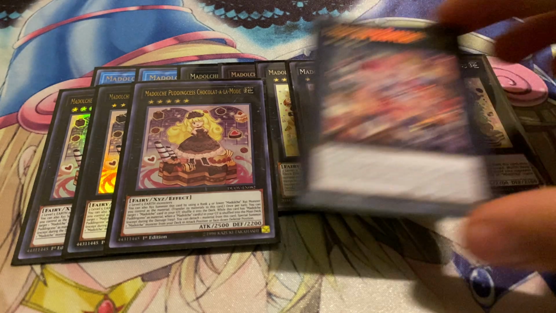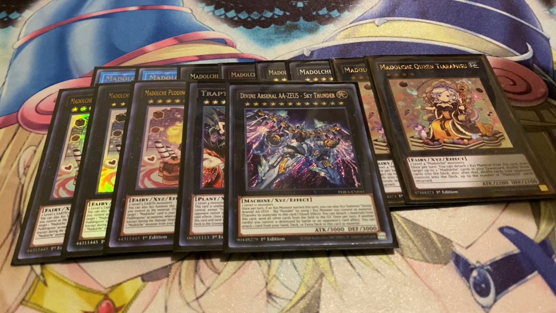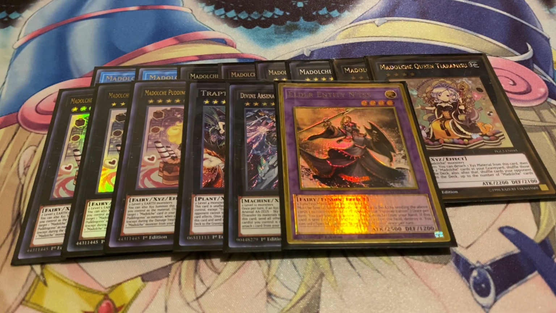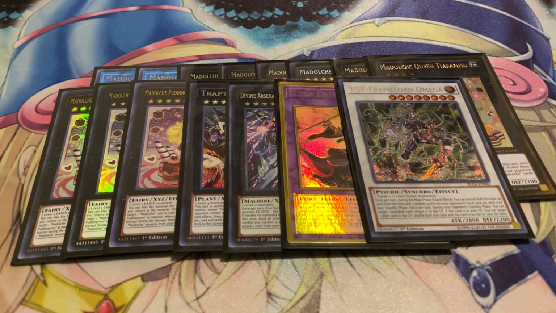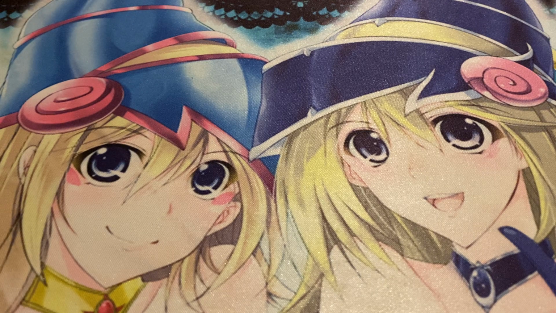But anyway, for the other cards, 1 Rafflesia, 1 AA Zeus, and I've mentioned this against Dogmatica players, 1 Intis and 1 Omega, simply because it's just a good way to punish them, and Omega just recycles your resources. So if I need to get Intis back, why not, right? But anyway, that's pretty much it for the extra deck. Let me go and get that out of the way, and then we'll go and look over into the side